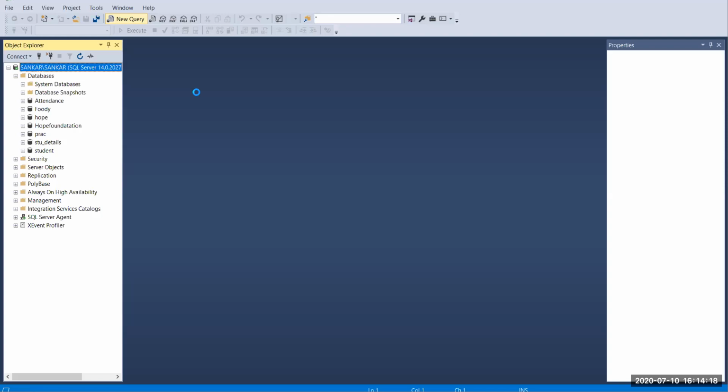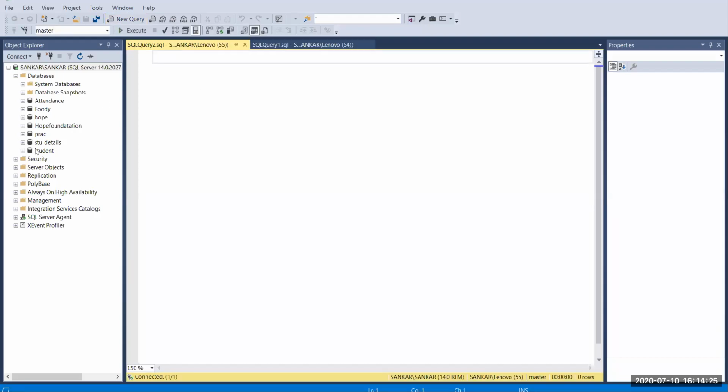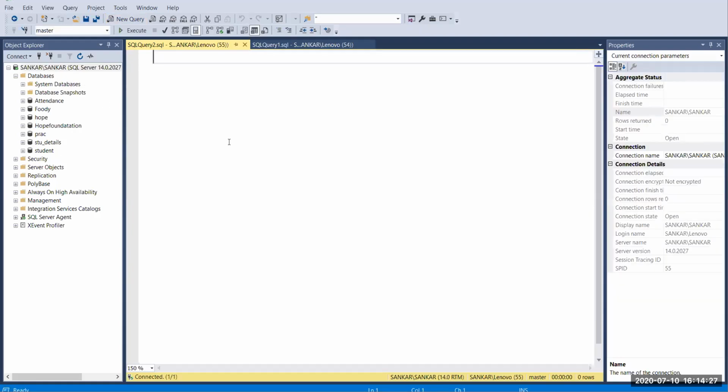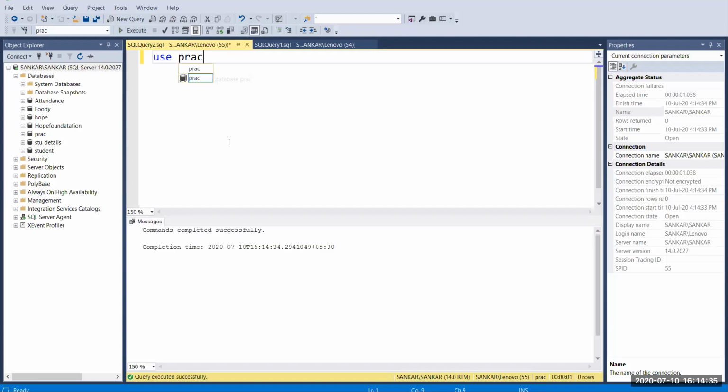It's loading. Yeah, gotcha. I'm going to use the PRAC database, so I just type USE PRAC, that is my database. Now I'm in PRAC. Here I'm going to use SELECT * FROM customers.